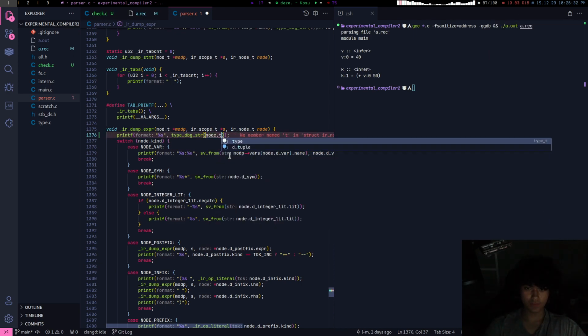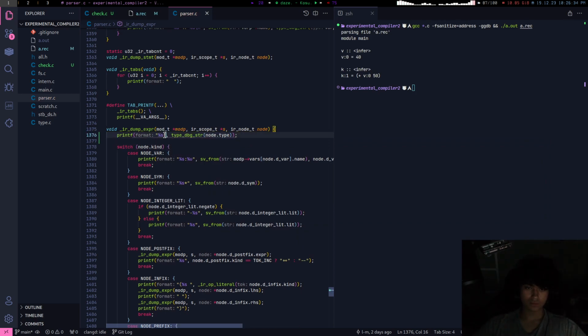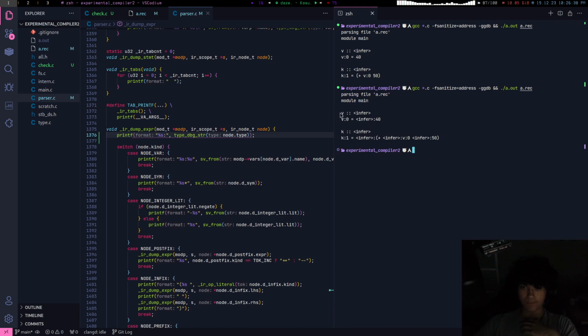Yeah, all nodes have types. Okay, so you can see the types of these things. v equals infer, v0 equals, even integer literals are inferred because you can promote integer literals. They're just literals. k equals infer. So the value of this isn't known yet. The value of v isn't known yet. The value of 50 isn't known yet, or the type isn't known yet.